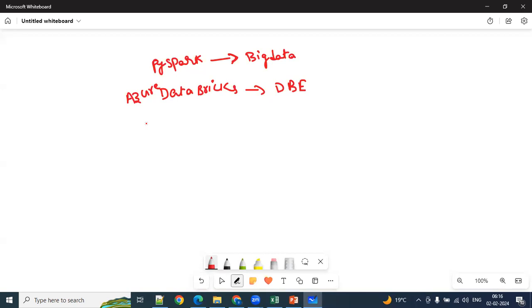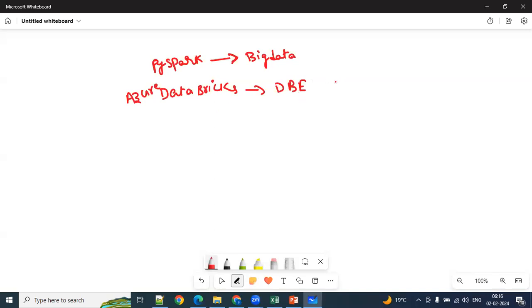Till last year, it was not that famous actually. From last year onwards, they made the Databricks tool available as a free service for a few days, and it has slowly become popular. You can definitely go as a Databricks engineer.